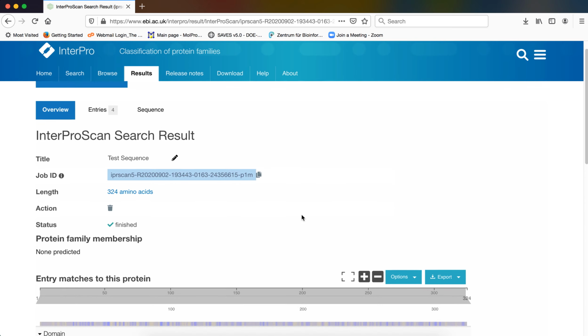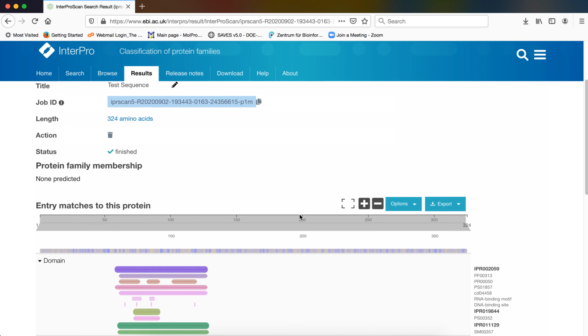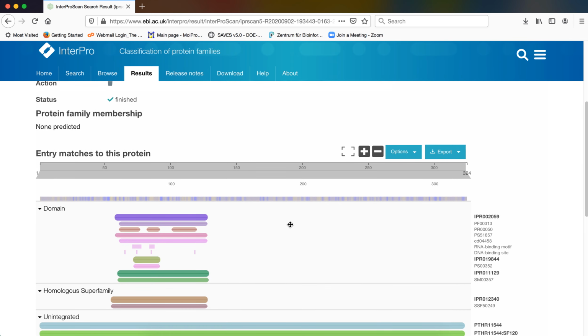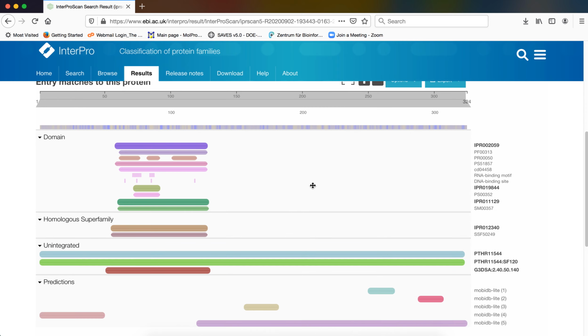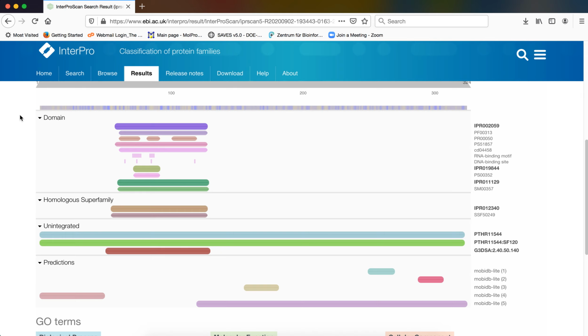Now gradually if we browse down, we will find that there are several results that are displayed. One of the significant segments of the result is the domains. This is similar to the domains that we found for our conserved domain search as well.